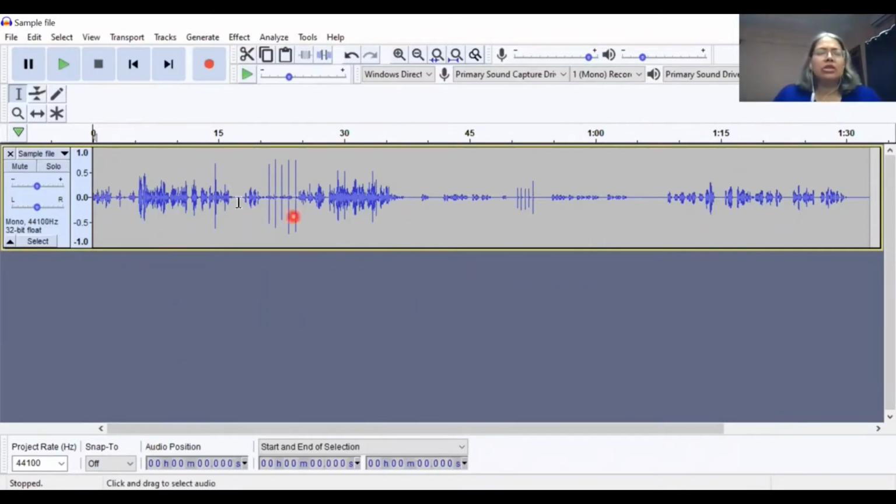One is from the browser into Audacity or from the Audacity into the browser. Now let us go to this screen. There are so many. These are the clicks and claps. You can see the vertical bars. They are the clicks of fingers or claps. Then again, once again here also. Then you see the volume here is all right, but there is some hum there which you can see. Here the volume is very small, but there are some silences there which are clear.